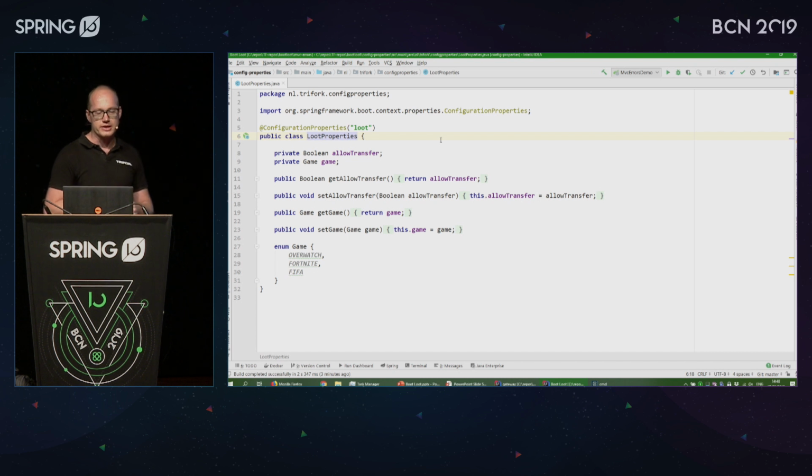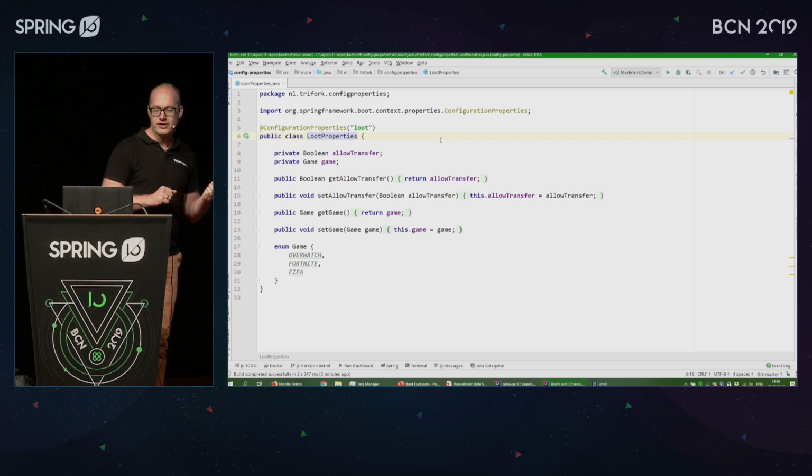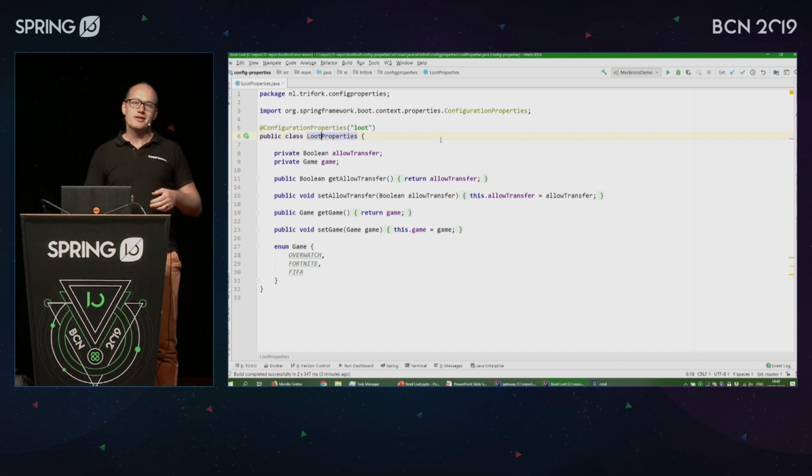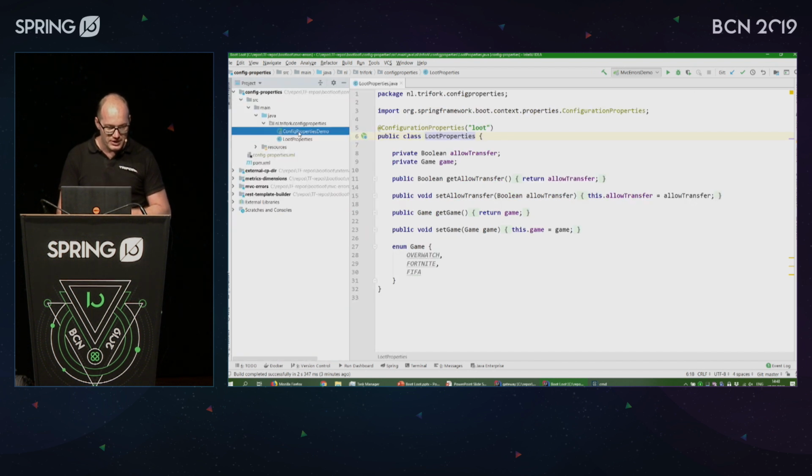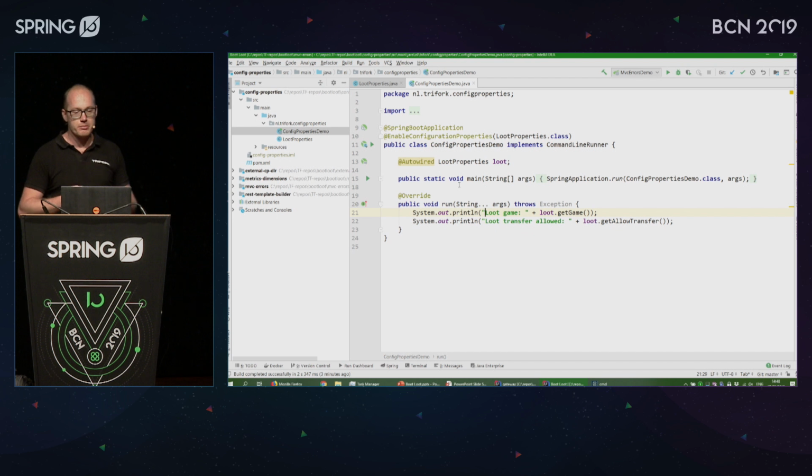And I've actually inlined that, so we have Overwatch, Fortnite, and FIFA here, because according to Wikipedia, those are games you can buy loot for. I'm not personally a gamer. Now, with this thing in place, what we can do is we have a little Spring Boot application class here,